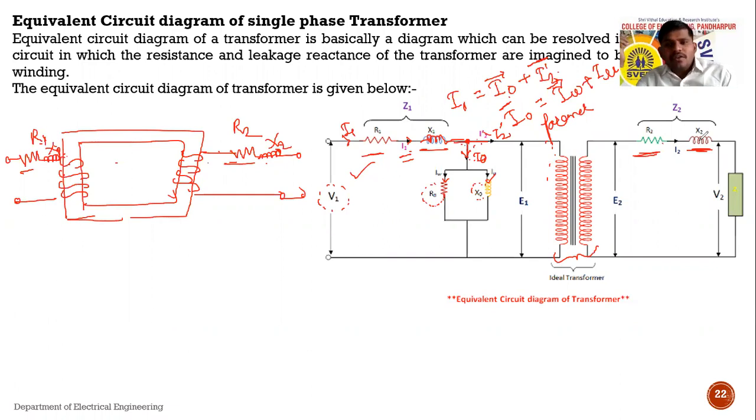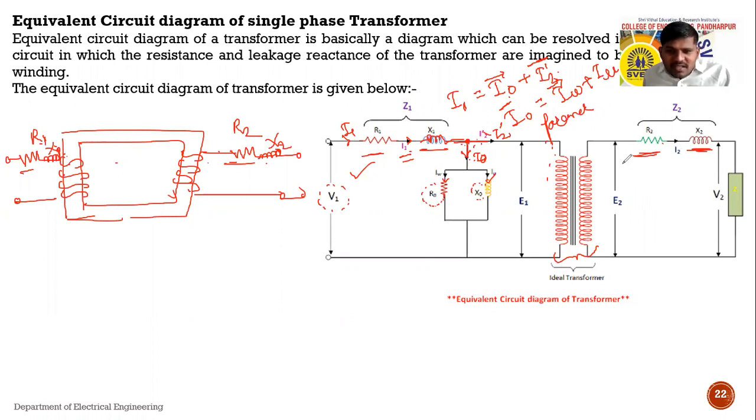And on the secondary side there is a load connected, so that load has some impedance like R plus JX, that means some resistive load, inductive load, as well as capacitive. It depends upon which types of load can be connected. Okay, so see, this is the equivalent circuit diagram of the transformer.